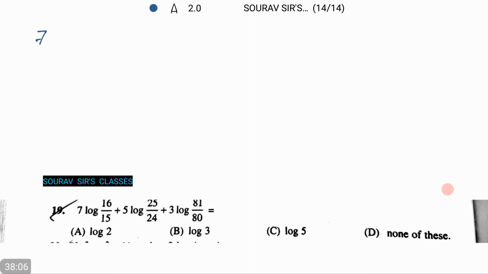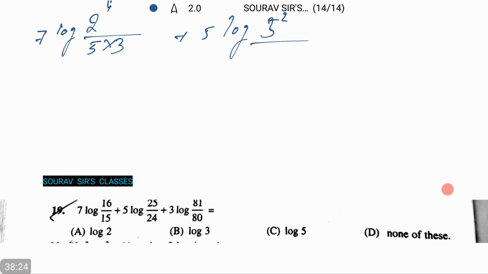We have 7 log 2 to the power 4 by 5 into 3, plus 5 log 5 to the power 2 by 2 cube into 3, plus 3 log 3 to the power 4 by